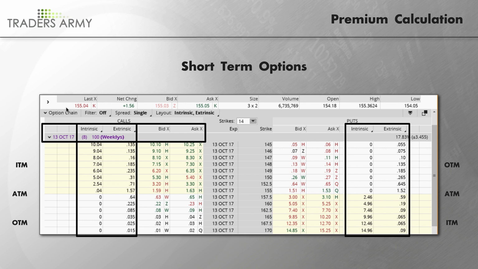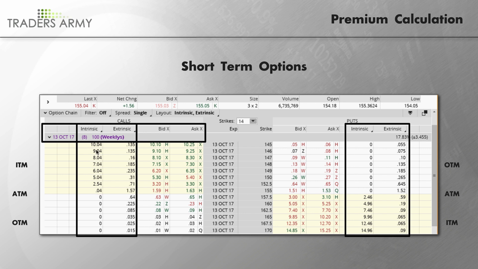Okay, if you haven't guessed already, and for the sake of timing, it's the call options that have 4 pennies worth of intrinsic value. How can we say that? Well, if you think about what this option gives us the right to do, it gives us the option to buy the stock for $155 a share. Well, if everybody has the market priced at 155.04, we actually have, look at this column here, 4 cents worth